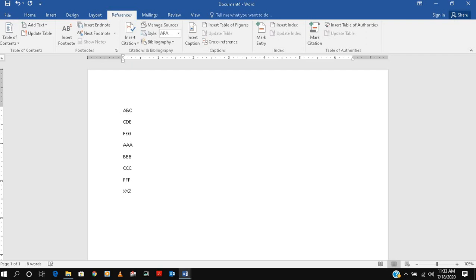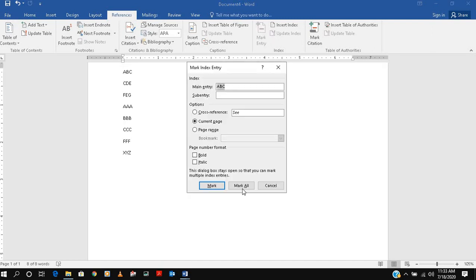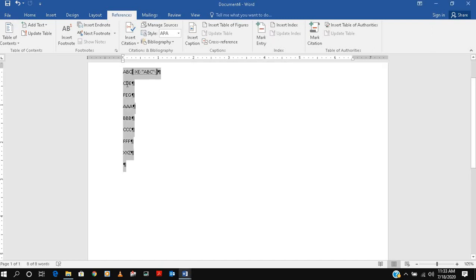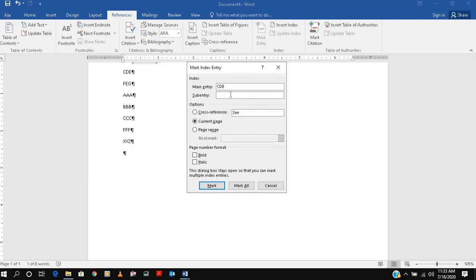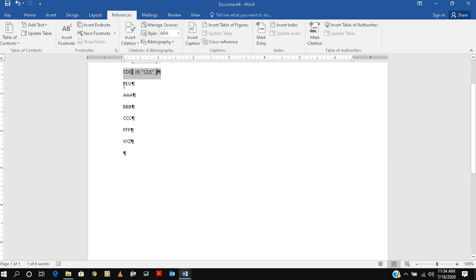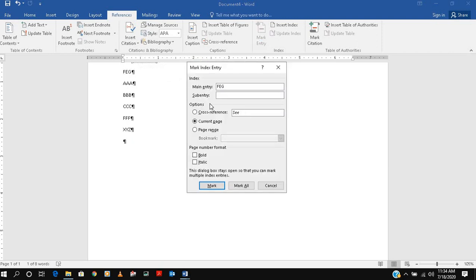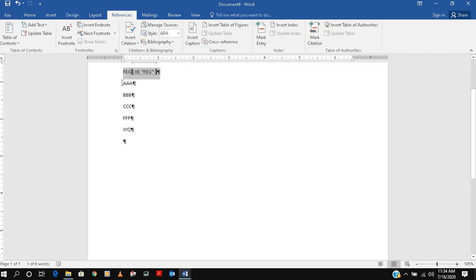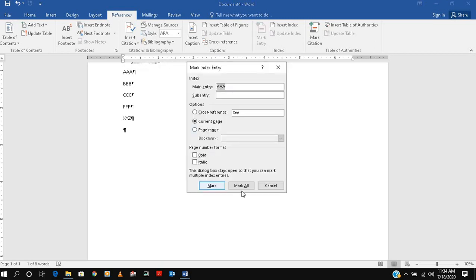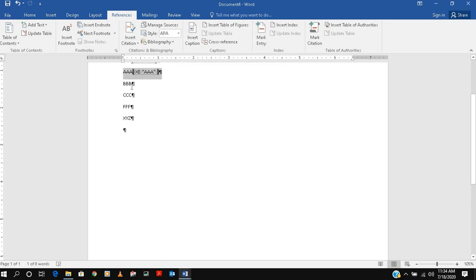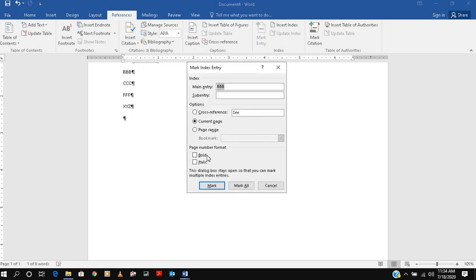Suppose you have 500 students in your school and you want to arrange them alphabetically, so this is used for that. So we'll select this, mark entry and mark all. Then we'll select another one, mark entry, mark all, and so on.